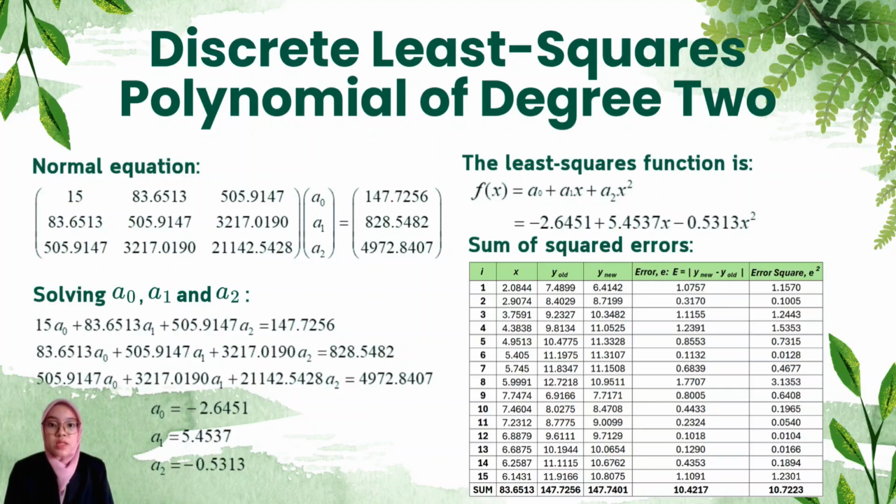And after that, we substitute into the least squares function and we will get f(x) equals negative 2.6451 plus 5.4537x minus 0.5313x squared. After that, we find the sum of square error for this polynomial of degree 2 and we will get the error square is